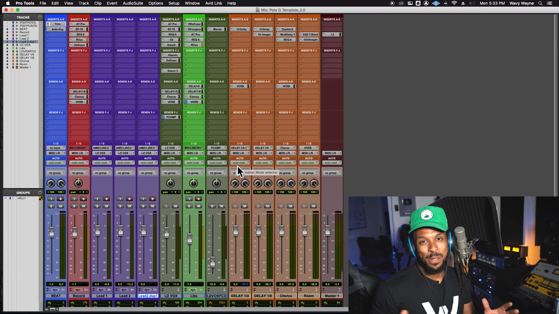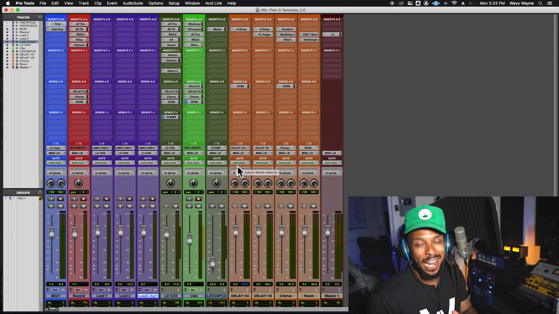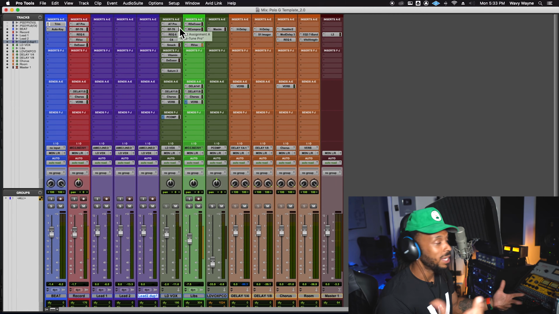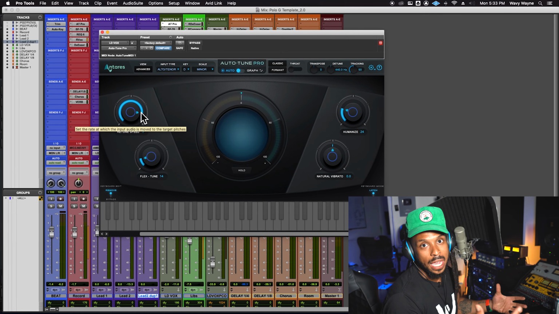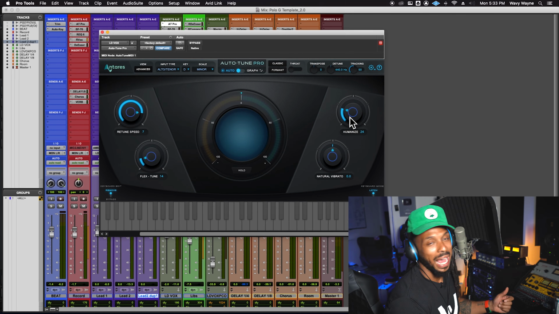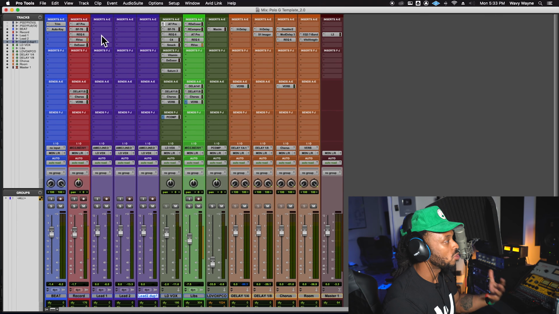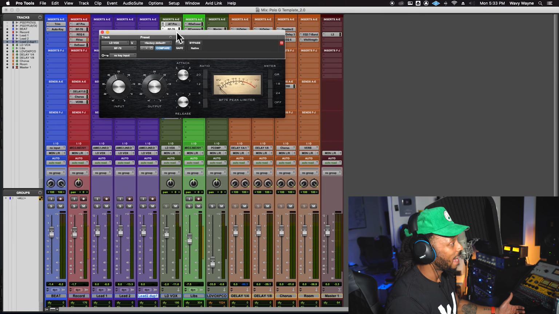So let's take a look at some of the processing, because I've done some special things here. If you're getting this template, you may or may not have all of the processors. They're not all 100% required, but they just make everything sound so much better. So of course we got Auto-Tune Pro. I'm using a pretty fast retune speed just because I like to have that sound when I'm recording. And then I'm also humanizing it, because with Polo G, you're not getting a super T-Pain effect. You're getting more of a smooth auto-tune style effect, to where it's there, but it's not super noticeable that it's there.